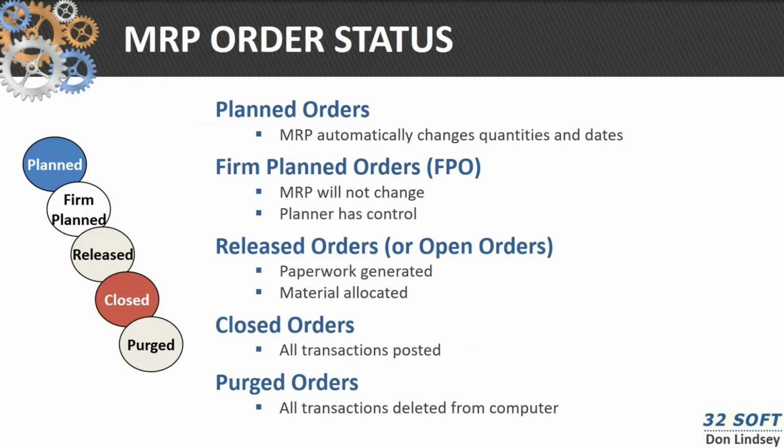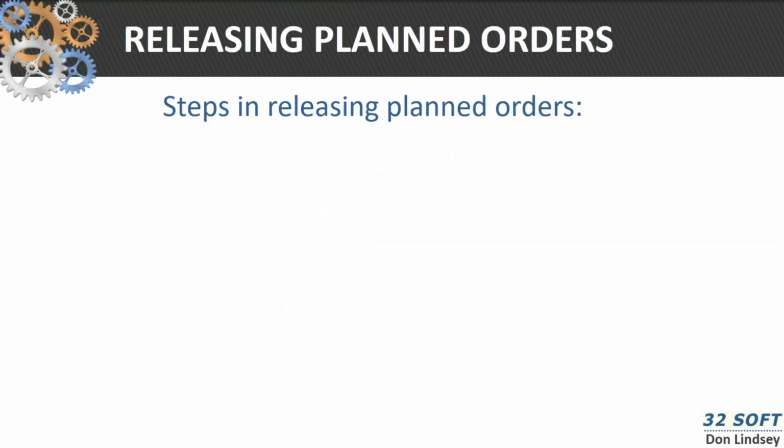MRP order statuses tell MRP what the current circumstance is around that particular order. We have planned orders, firm planned orders, which are used in the master production schedule, released orders, closed, and purchase orders. The steps in releasing the order are,